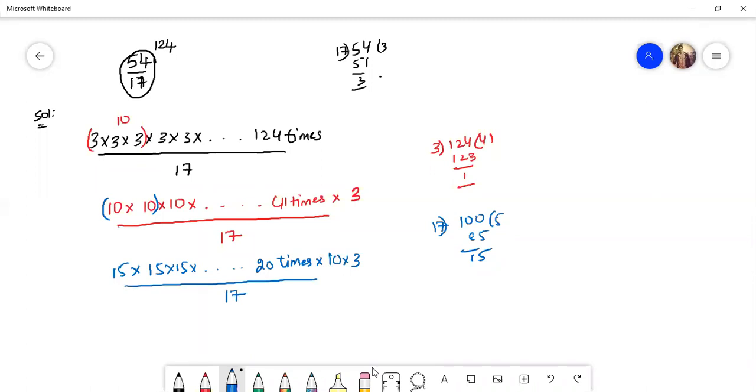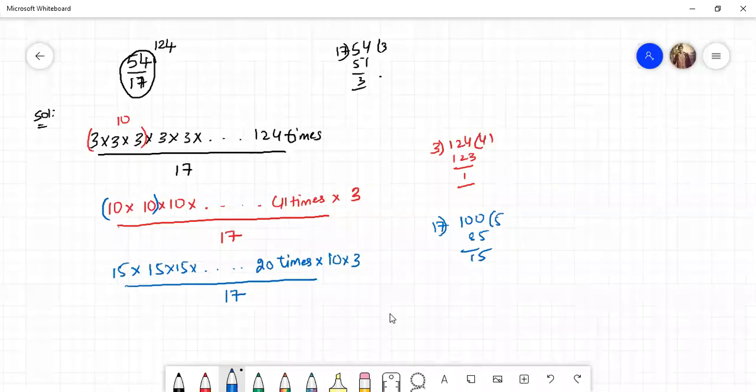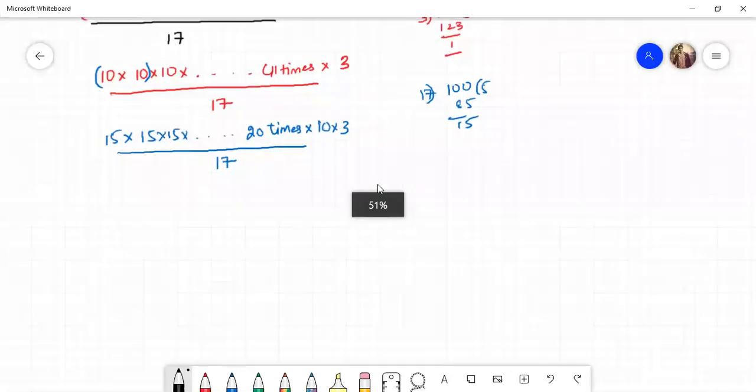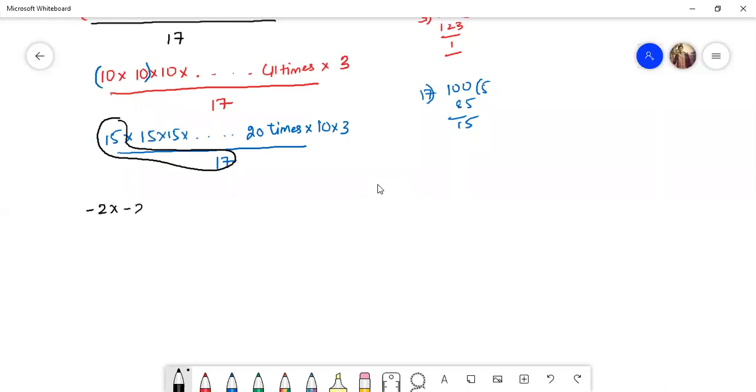Just a minute. Let me drag the sheet for you. Okay. So now this is also over. Now here is where we had the difference. So now what will I do? Instead of combining this 15, 15 and so on, I'll directly go for a single value. 15 by 17 is how much? Minus 2. So this is minus 2 into minus 2 into minus 2 and so on. How many times? 20 times. Into 10 into 3 is 30, divided by 17.